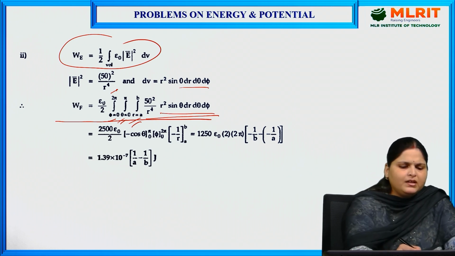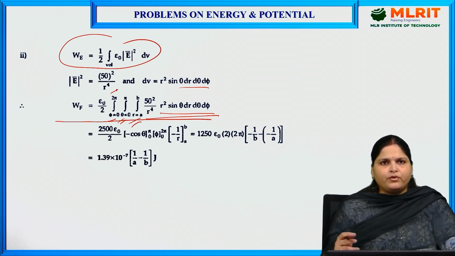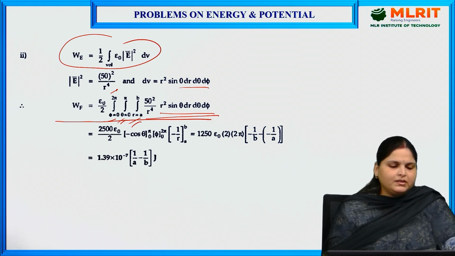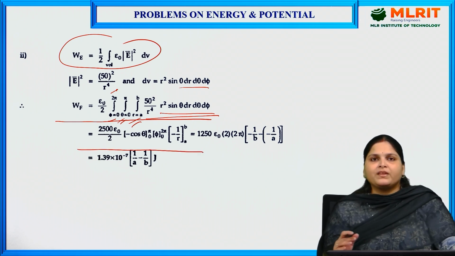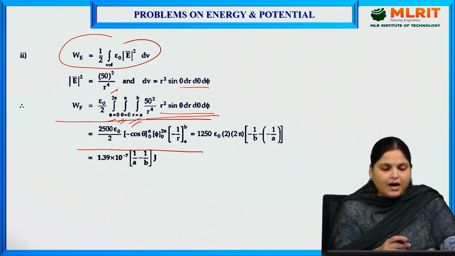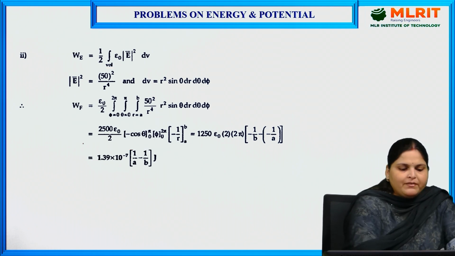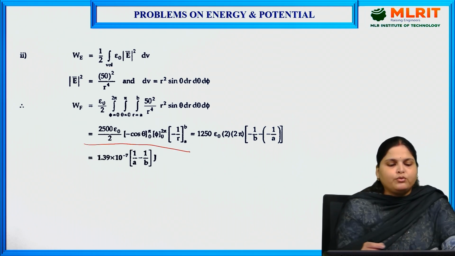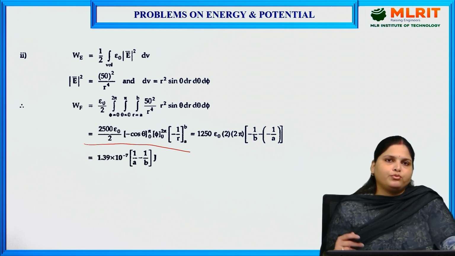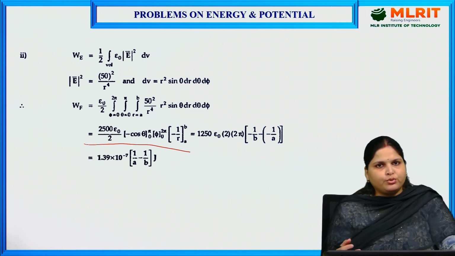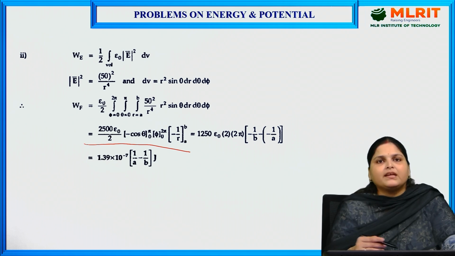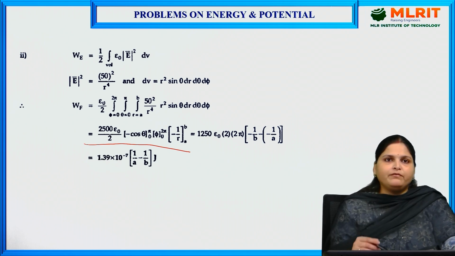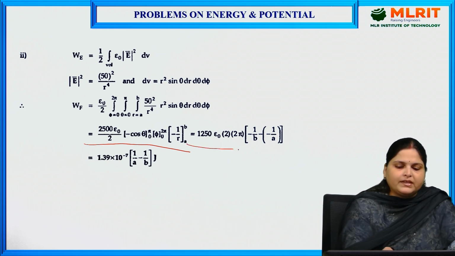Now here from r square, r to the power 4 will cancel, only r square term will be remaining, and then when we further simplify and integrate this term with respect to theta, phi and r, we get 2500 epsilon naught by 2 into minus cos theta, whose limit is 0 to pi, phi limit 0 to 2 pi, and integration of 1 upon r square will become minus 1 upon r to the limit a to b. Then when we further solve it, we get answer as